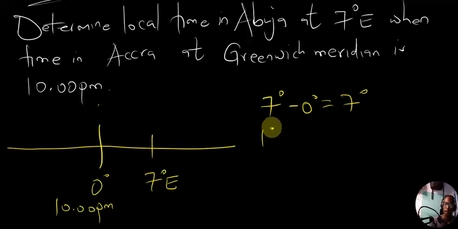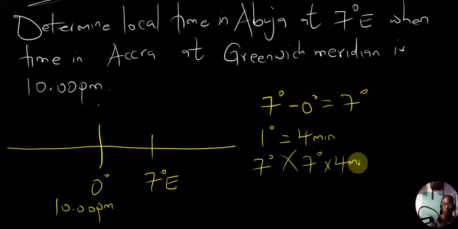Then 1 degree is equal to 4 minutes. What about the 7 degrees? So we're going to have 7 degrees times 4 minutes divided by 1 degree. The degrees will cancel out. So we remain with 7 times 4, which is 28